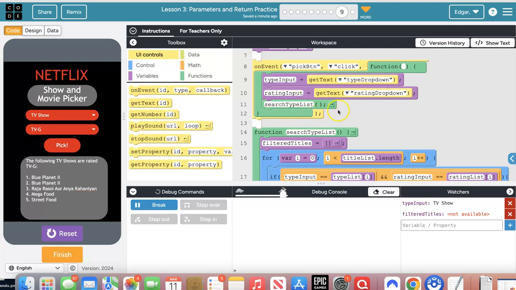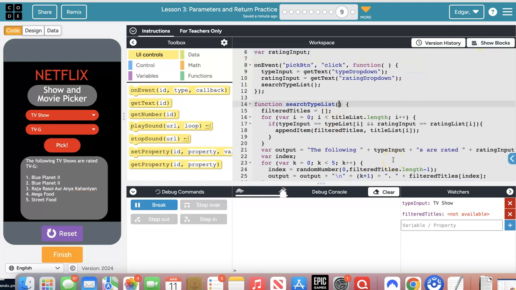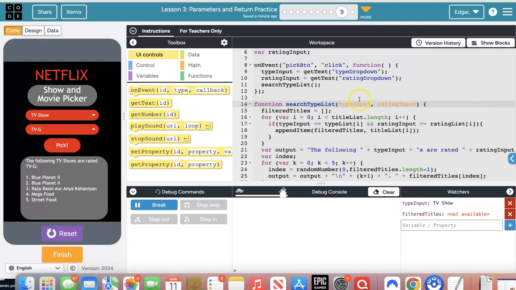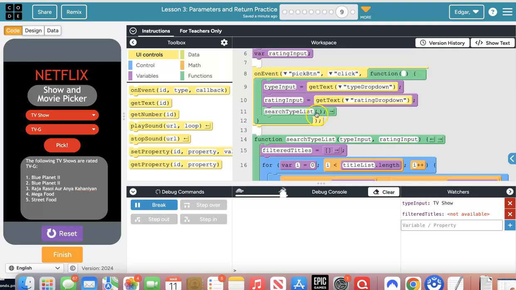And then we run the type list function. All we really need to do here is, in these parentheses, we need to name our parameters. So the parameters we're looking for are type input and rating input. Okay. Then when we run this function, in these parameters right here, this block that runs the function, in